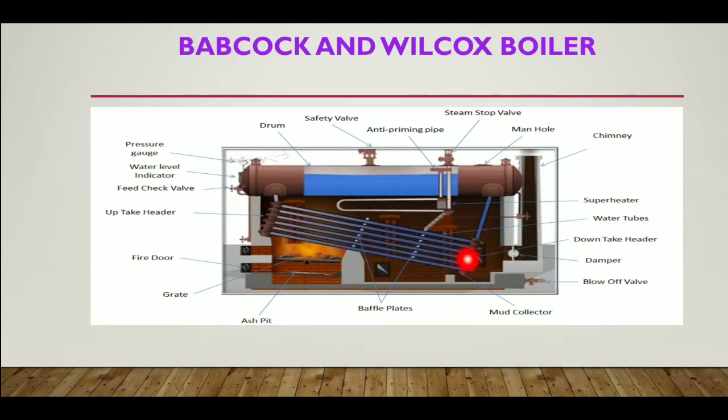The angle of this tube is 10 to 15 degrees. This is the superheater. This is the chimney by which the flue gas is exhausted to the atmospheric air. This is a manhole for maintenance purpose. This is the steam stop valve. This valve is operated to feed the steam to the turbine